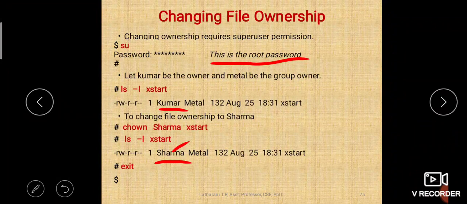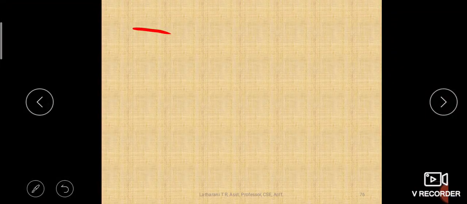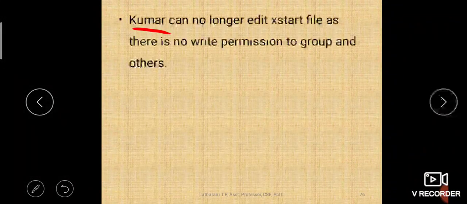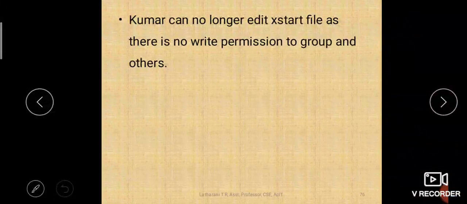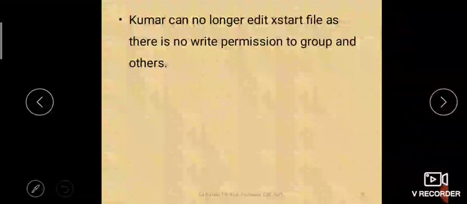Here you can see there is no write permission for group and others also. So Kumar may be present in the group or Kumar may be in others, right? So Kumar is no longer eligible to change the contents of xstart because even the group and others don't have the write permission.